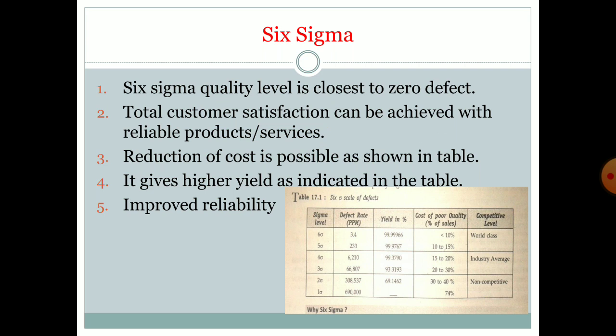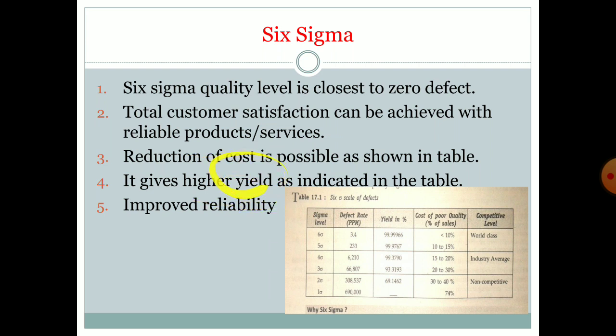That is the purpose of Six Sigma. Obviously if we reduce the defects, then we can reduce the cost of the defect, meaning rejection, rework, or any defect in the component is extra cost to the company. If we are able to reduce or prevent these errors, defects, rework, and rejection before they occur, we can save company cost, and that is the reduction in cost. And if we reduce the cost, it results in higher yield.